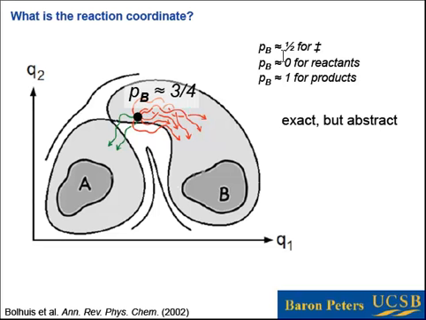If you have a point that has a committer of 1/2, then it would be a point lying right along this dividing surface. That point would be a transition state, and points that are in or at the edge of the reactant basin are going to be reactants. They're going to have committer probabilities of 0. Points that are over here in or at the edge of the product basin have committers of 1, and they are going to be products. So this definition is exact, but it's also abstract and not extremely useful. Okay, so we really don't have any idea what physically makes these trajectories go to state B. All that we know is that they do go to state B, and therefore this configuration is somehow a product.